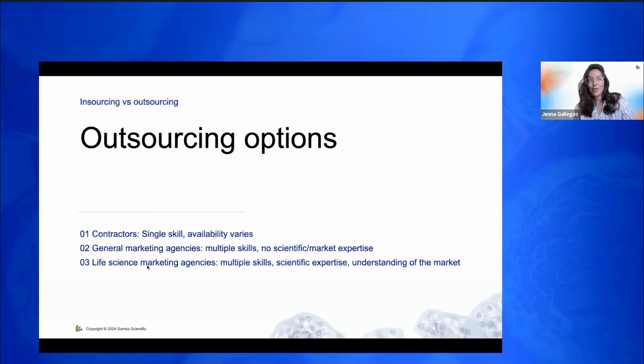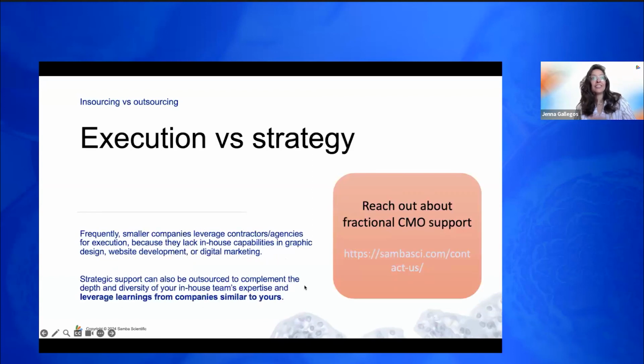So of course we are biased, but we recommend going with life science-based marketing agencies because they provide multiple skills and expertise as well as a deep understanding of the market. And that understanding of the market includes not only the ability to execute, but also the ability to help you with strategy. As I said, we've worked with over 150 companies. We've probably tried things that you're thinking about trying before, and we've probably seen success with a company similar to yours. And so we can help you figure out how to follow that path and that trail that they've already blazed.